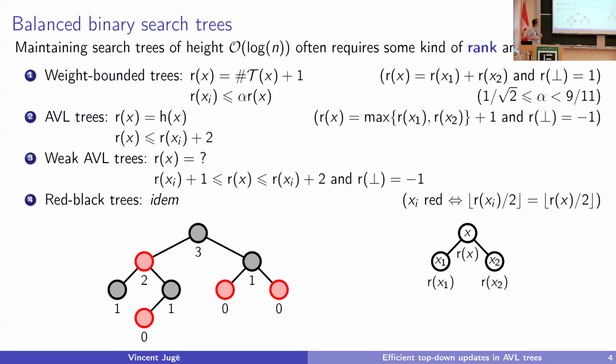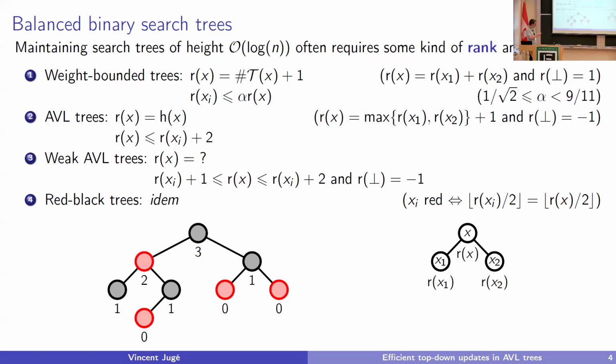And so in particular, a weak AVL tree is a red-black tree and vice versa. And any coloring actually gives you the rank assignment you wanted to have, and conversely. So that's why you have a good bijection between the two families of trees. What differs is that they don't come with the exact same families of algorithms because you don't store the same information about the ranks of the nodes. In one case, you will just remember the difference between the ranks of the nodes, and in the other case, you will just remember the color. So you have lost or gained a little bit of information in each case.